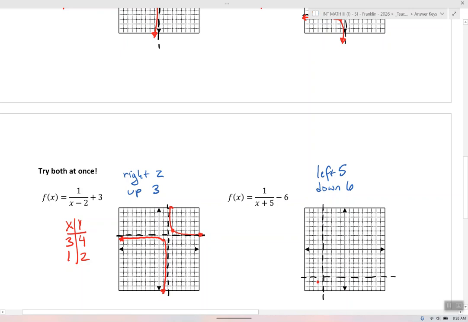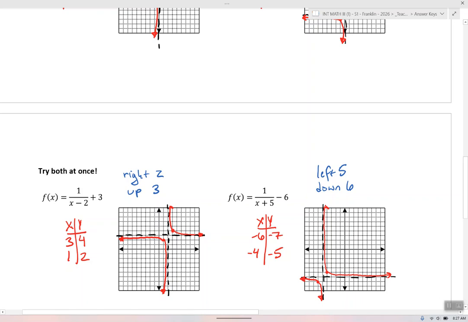This would be at negative 6 for x. Negative 6 plus 5 is negative 1, so I have negative 1 minus 6, which is negative 7. I believe that's where I am. Yep. Then this point is at negative 4 for x. Negative 4 plus 5 is 1, and 1 minus 6 is negative 5. And that is where I am. So all good there. We can draw our graphs approaching